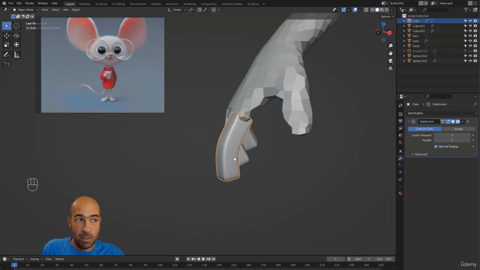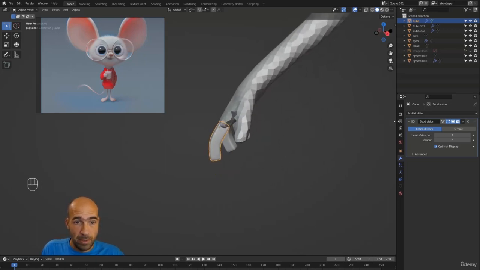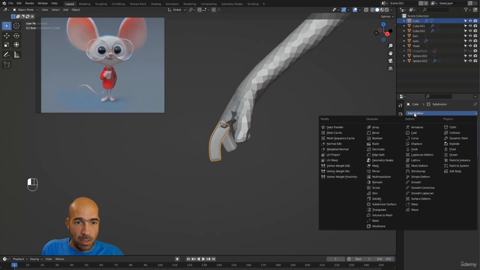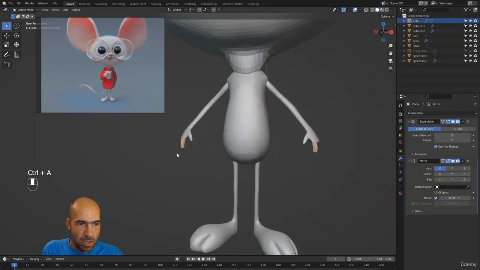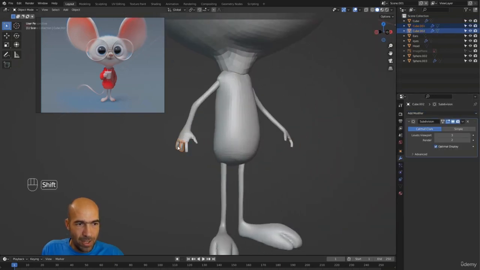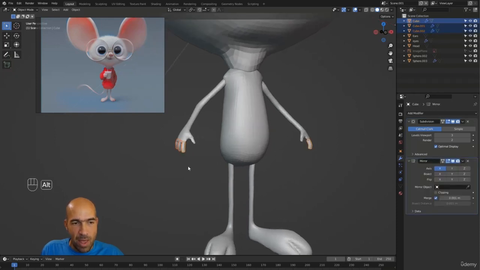And we have to make it... let's Control A. I'll apply all transformations and mirror it. Okay, it's on the other side. Let's do the same for these ones. Control A, apply all transformations. I'm selecting them with Shift. So click one, select the other with Shift pressed, and then Control A, all transformations, and then this mirror